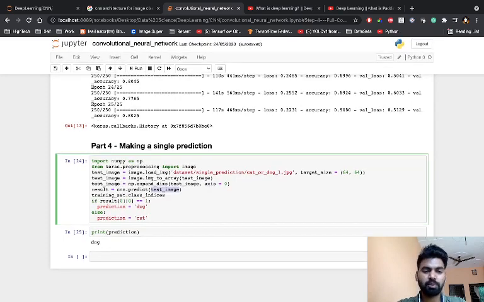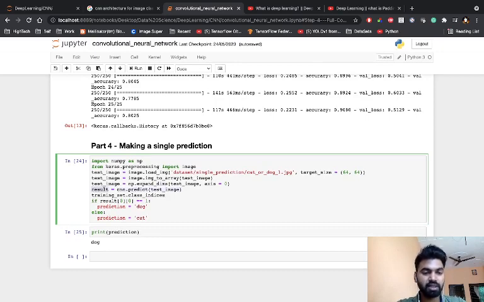Up to this point it is fine, but we need to check whether it's a dog or a cat and show the output. For that, I'm giving an if on the result. You can see the outcome of cnn.predict is stored inside the result variable.